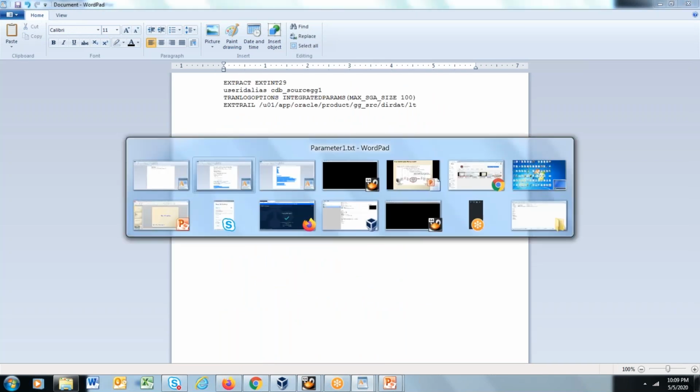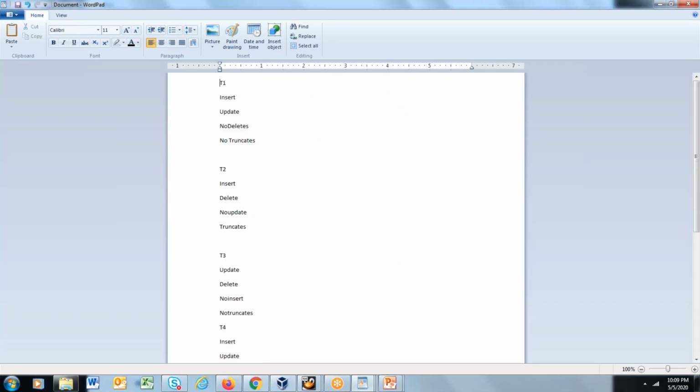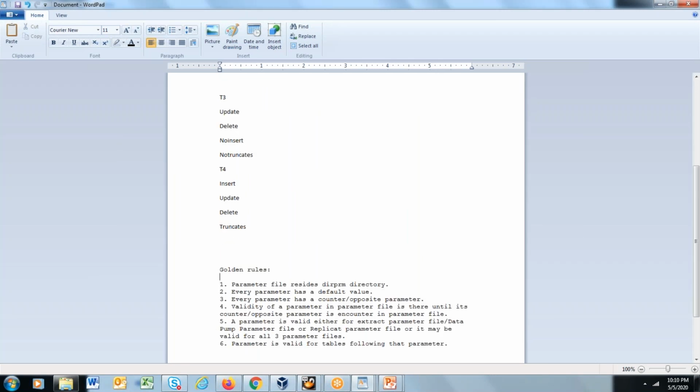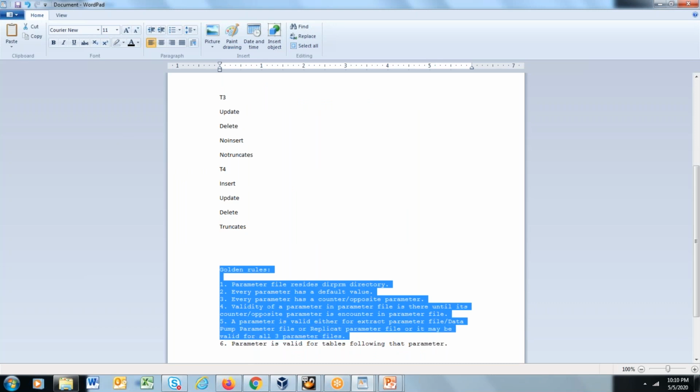So for T1 table we have to capture insert, update and delete. So we have to remember these 6 golden rules.